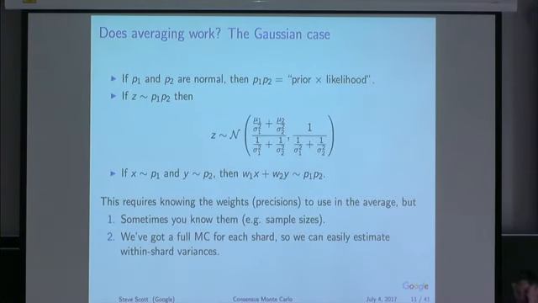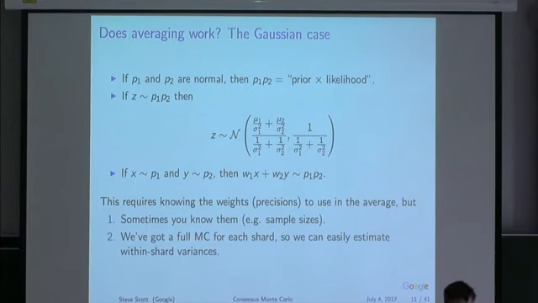To see why it might work, you might imagine how things would look if all of the sub-posterior distributions happen to be Gaussian. Okay, so imagine I've got machine 1, machine 2, and I'm denoting the sub-posterior for machine 1 as P1, and the sub-posterior for machine 2 as P2, right? So I've got a bunch of draws from P1 and a bunch of draws from P2, and really what I want is a bunch of draws from P1 times P2, right?